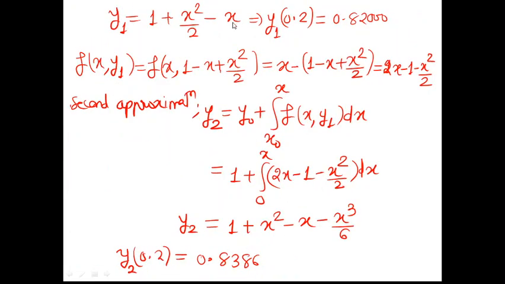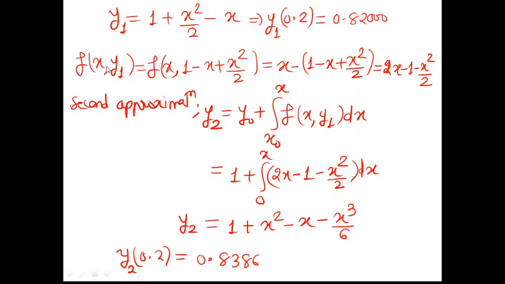Again, as no restriction was given that you have to find up to 3 terms, 4 terms, 5 terms, or just the first, second or third approximation, what we will do is check each approximation for a given value of x, and when we find that two successive approximations come out nearly the same, the process stops. So y1 at point 2 is 0.8200. How is this obtained? Just put x as 0.2 over here, you will get this value.